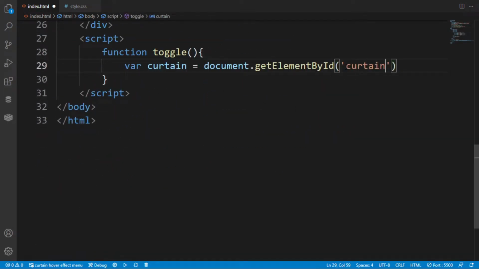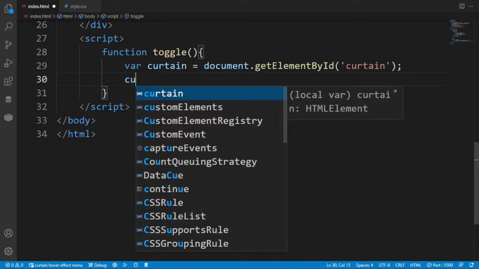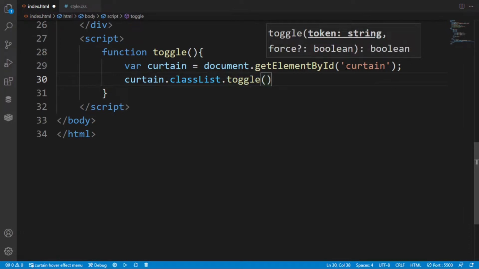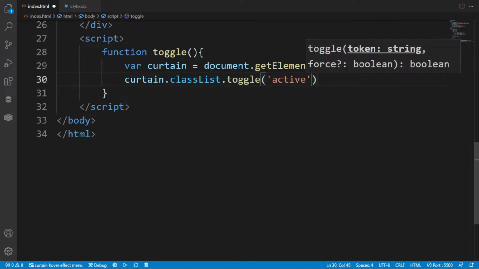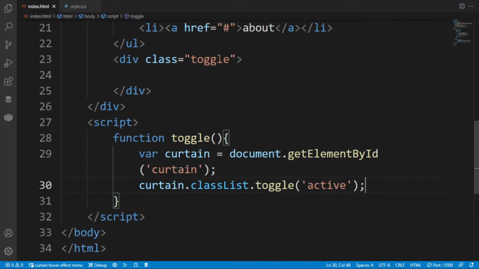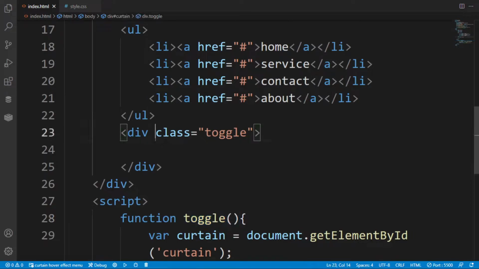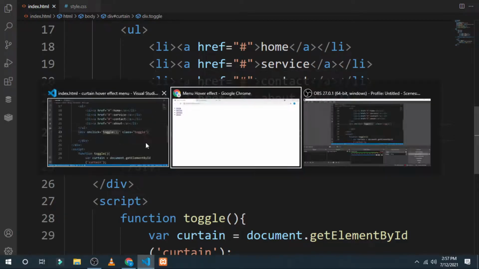Before writing it, it is clever to paste it here. Here I want to style this curtain with classList.toggle, and the class that we want to paste in here is active. Now close this. After saving, just copy this, and here, with a little space, write onclick and paste the function.